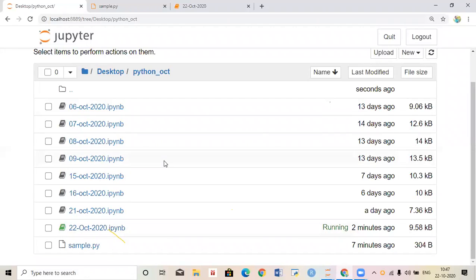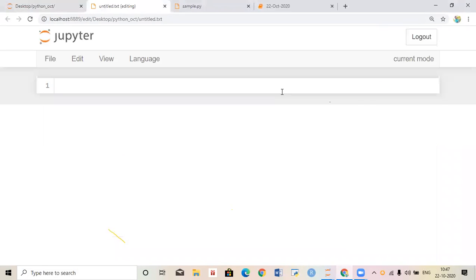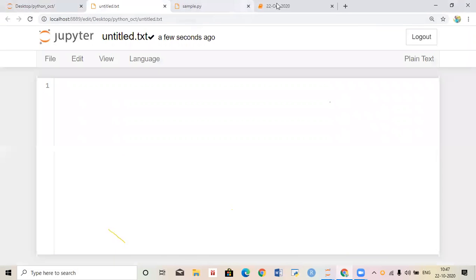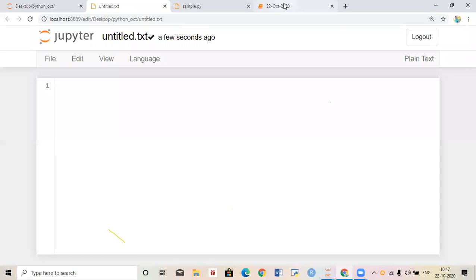How to create that Python file: click on the New button at the top right corner. Click on New and click on Python text file. Then the two files exist in the same location: 22 October, where my code is written.